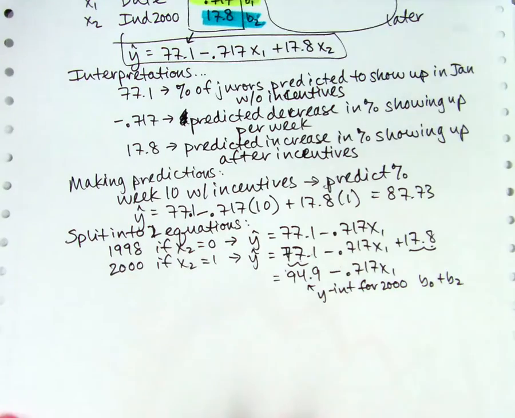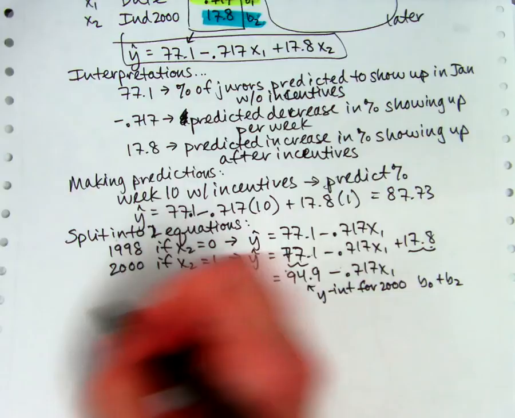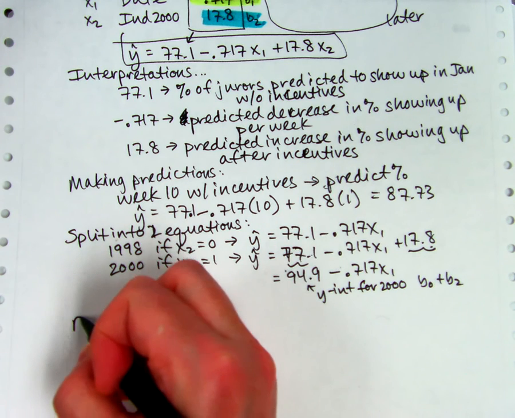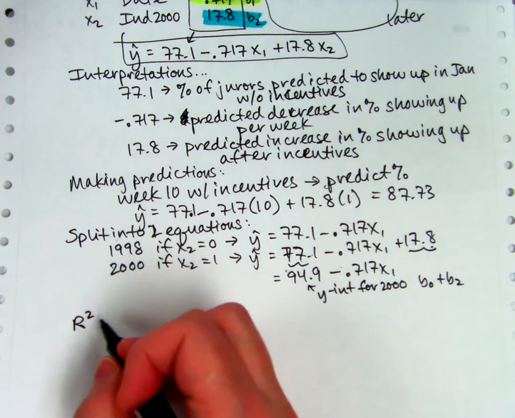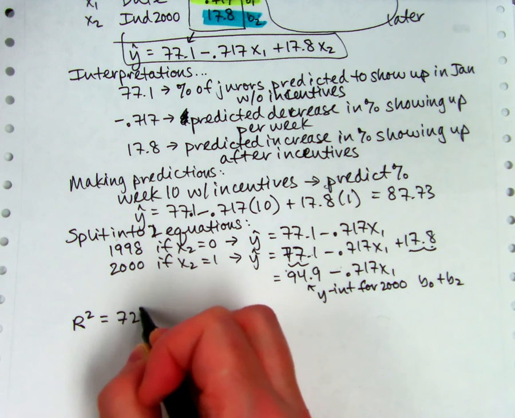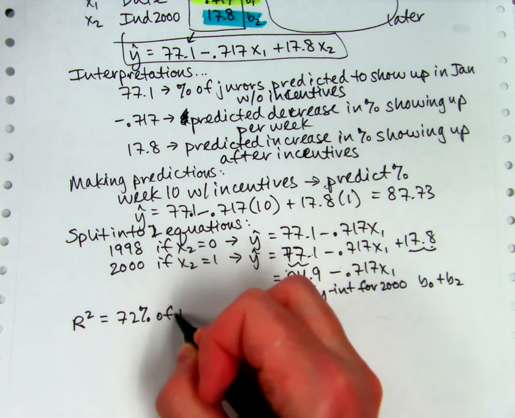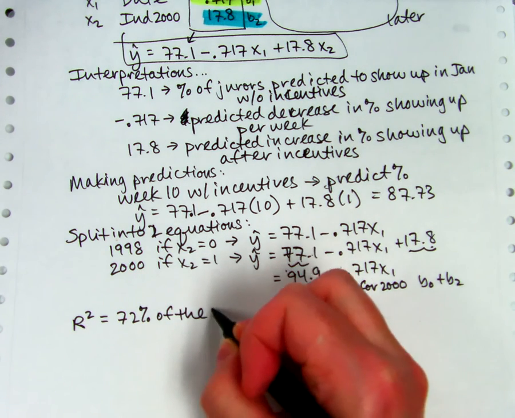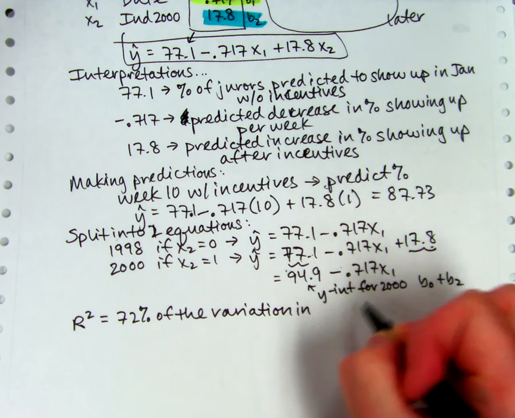And then last but not least, they might ask you to do something with R squared. I don't know why exactly, but they always use capital R for multiple regression. I don't know, bigger and better. But if the computer output says R squared is 72%, what does that mean? That means 72% of the variation, we've written this sentence before many times, in the percent of jurors who show up